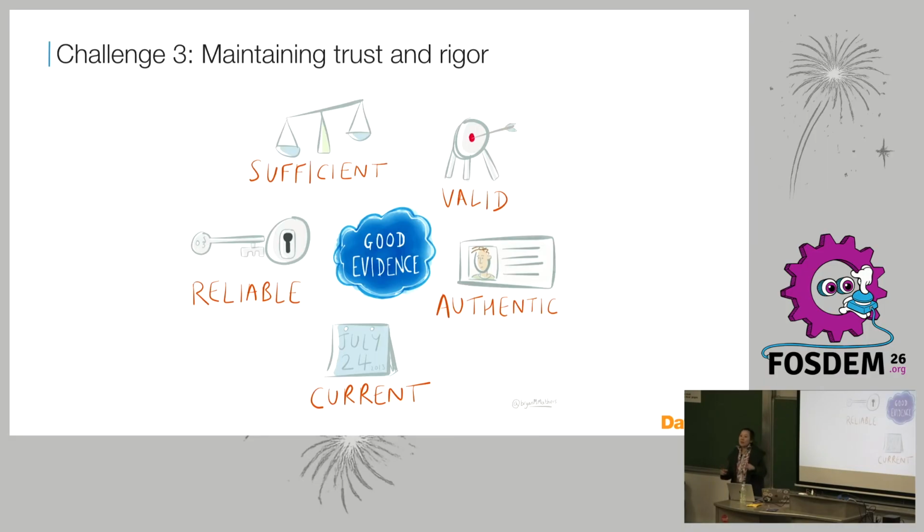And so any sort of approach we take to making this process faster, we also need to take into account the third challenge, which is the value of these evidence synthesis approaches is that they're trustworthy, they're rigorous. And so whatever the outputs of any sped up process is, we need to make sure that they still maintain this component, because the value of these approaches is that the evidence hasn't been cherry picked to match a particular decision or finding or position.